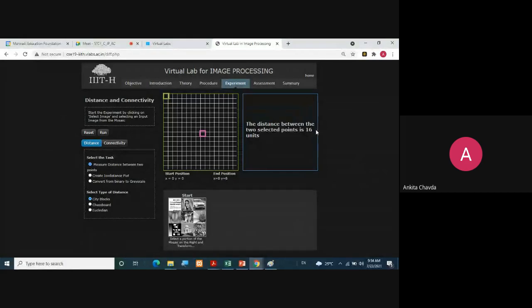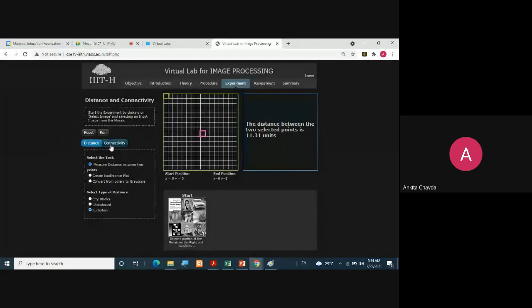So in that case, it will take 16 points to reach from this pixel to this pixel. Another, that is the chessboard, it can even take diagonal way. So it will give you very less distance, that is only 8 units. And Euclidean, that is 11 point something. Fine.